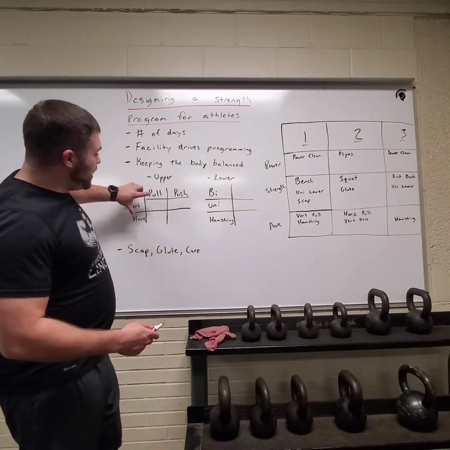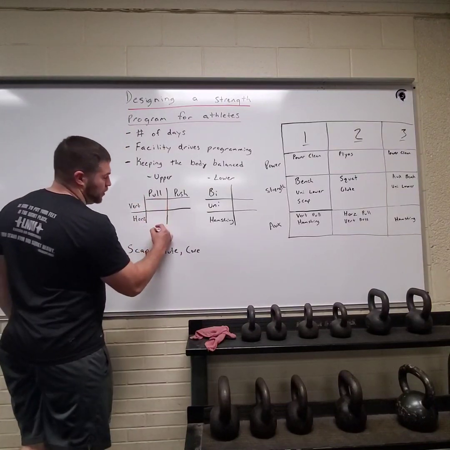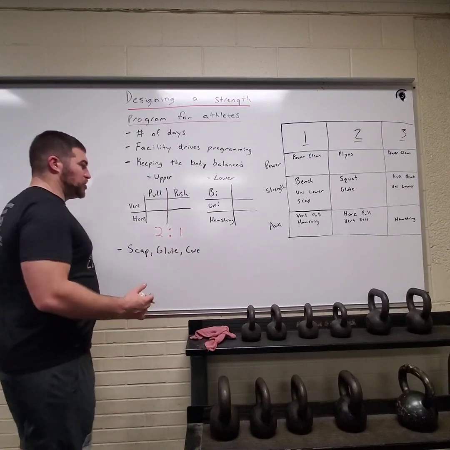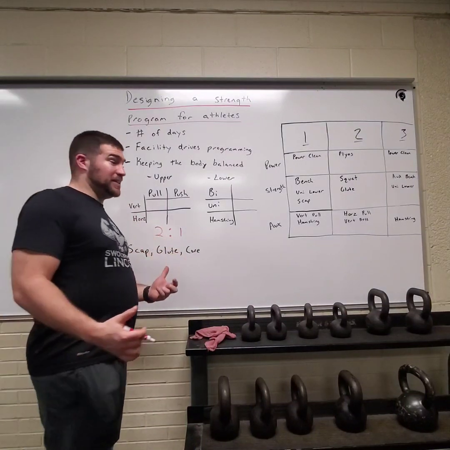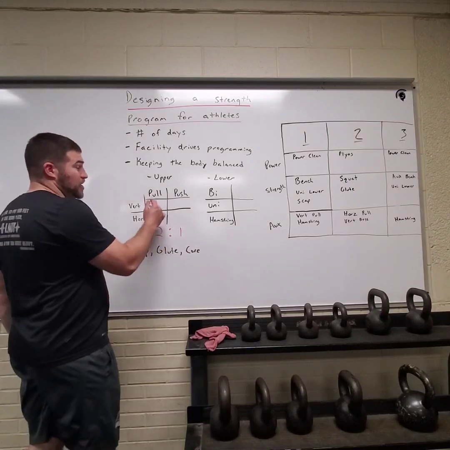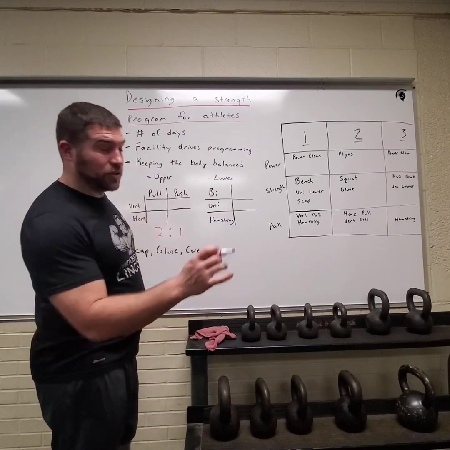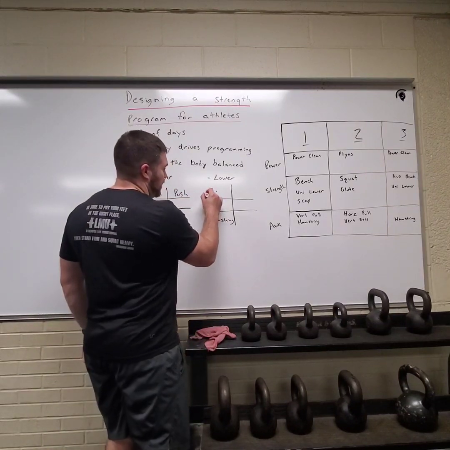So for upper body, you want to make sure that for this ratio of pulls, you're going to have 2 pulls for every 1 rep of push. And that's not always going to be easy. There are different ways that I look at how to make sure you get enough pulls to counteract all those pushes. Same thing when it comes to lower body,